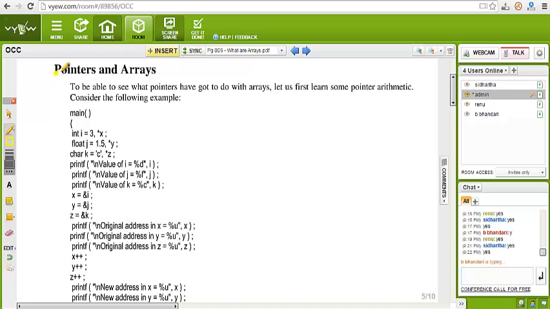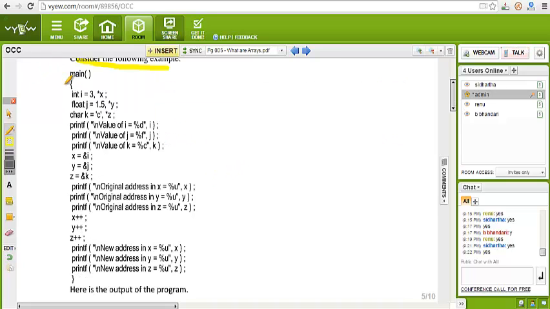Now, pointer and array. We already read about the pointer. To be able to see what pointers have got to do with arrays, let us first learn some pointer arithmetic. Consider the following example. See, main: int i = 3, *x;